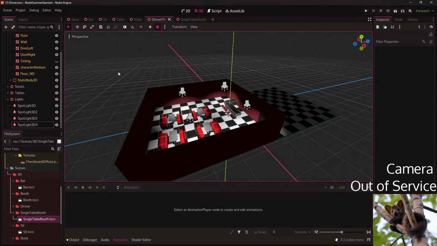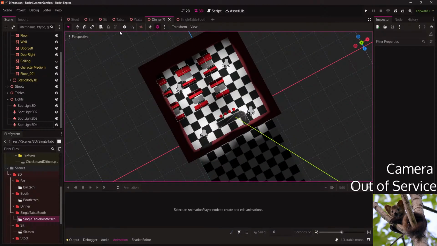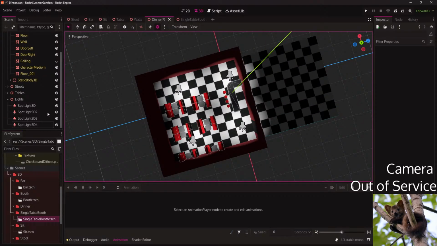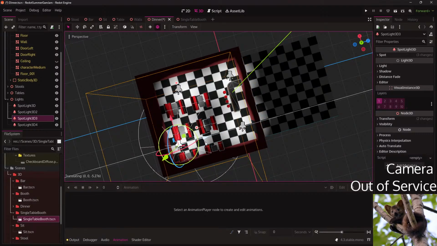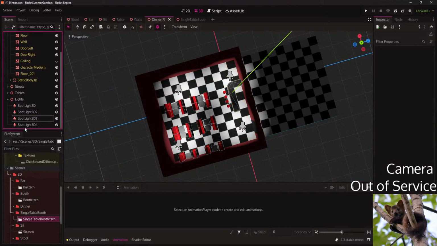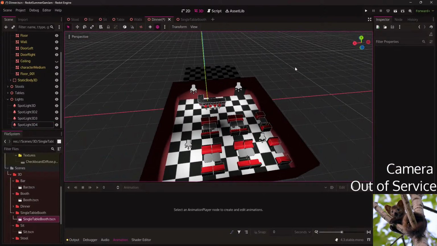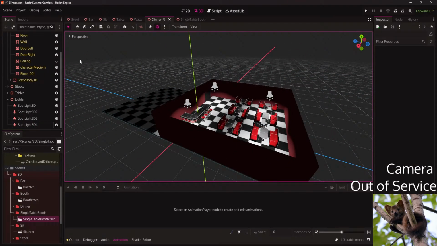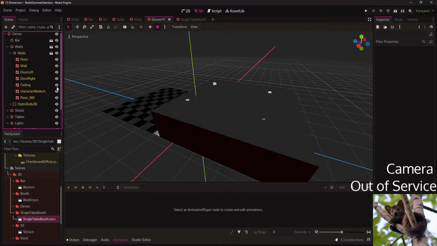Maybe I should use Omni lights. I think that's the message here. Use Omni lights. It looks kinda hellish. Why is it so gloomy?